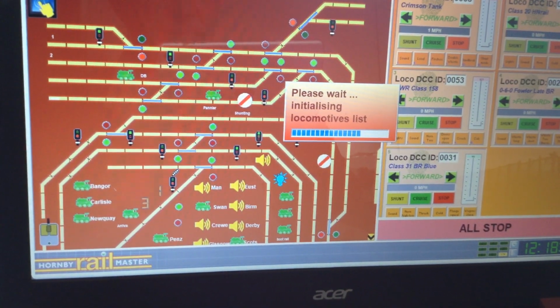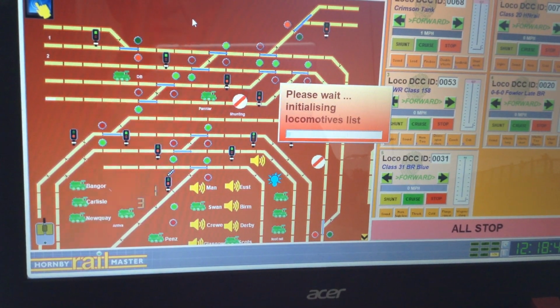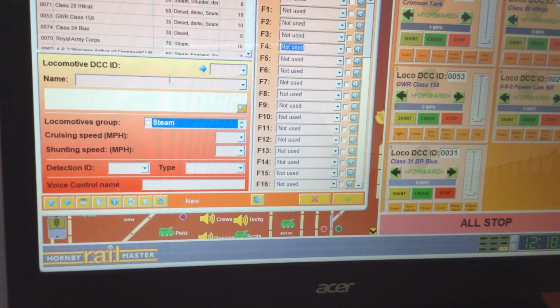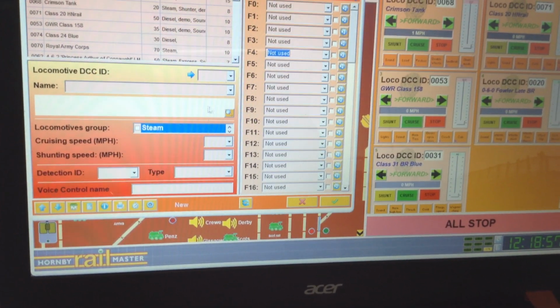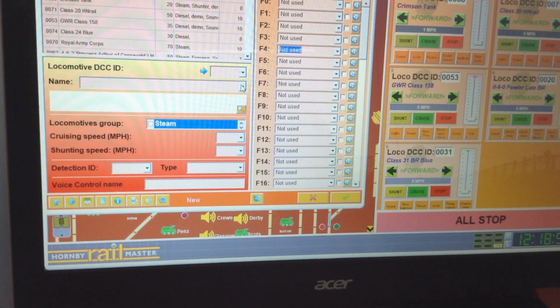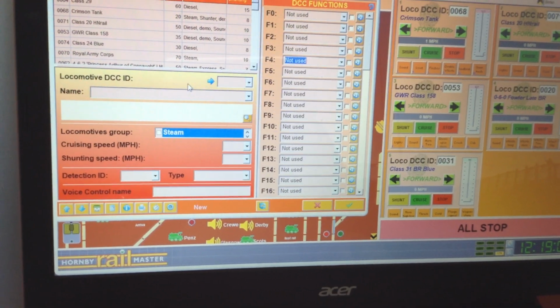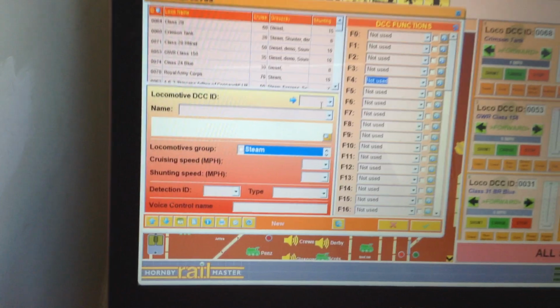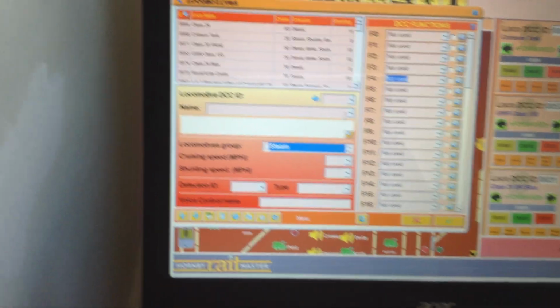I always hate this bit. Right, you've put your train in, whatever it might be, in here. Now, one of the things with this system is there's all your functions there which are not in use at the moment. If you go on to here,